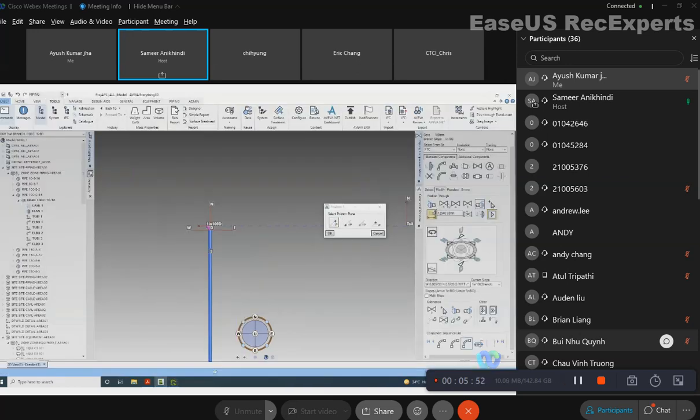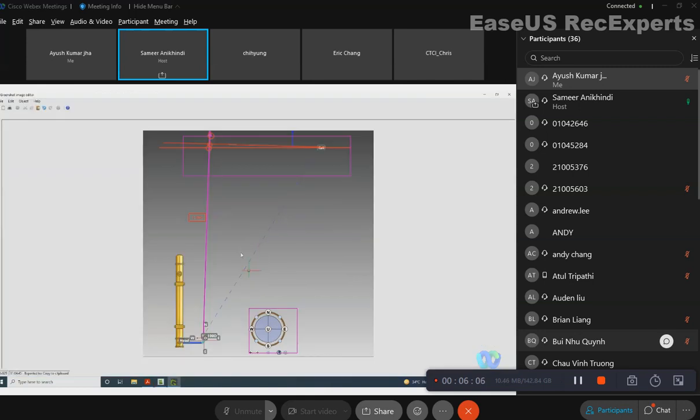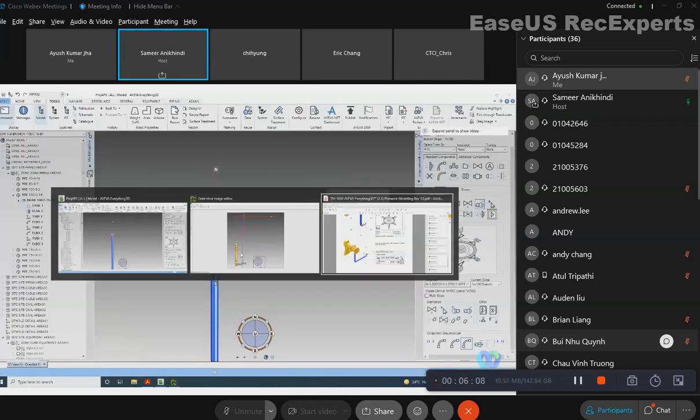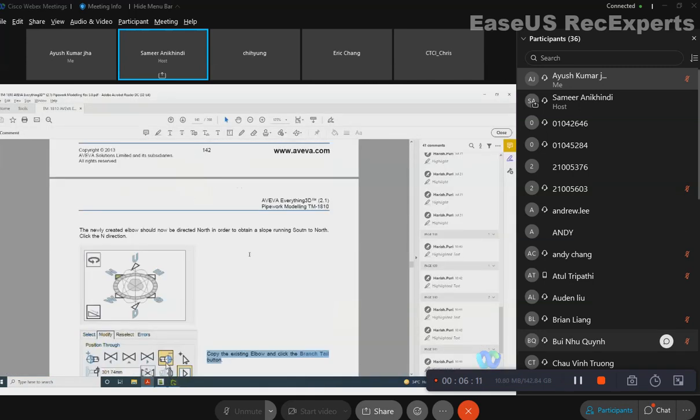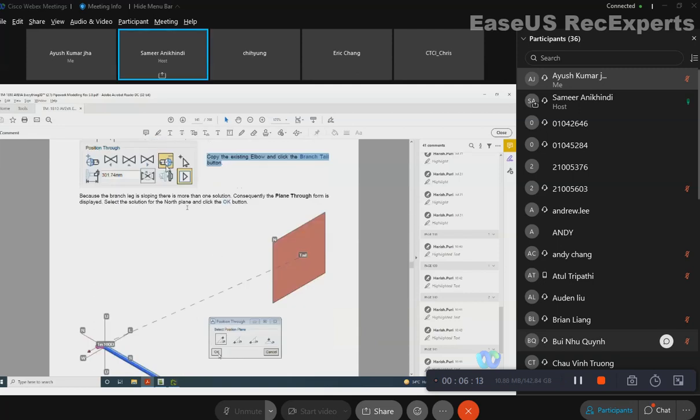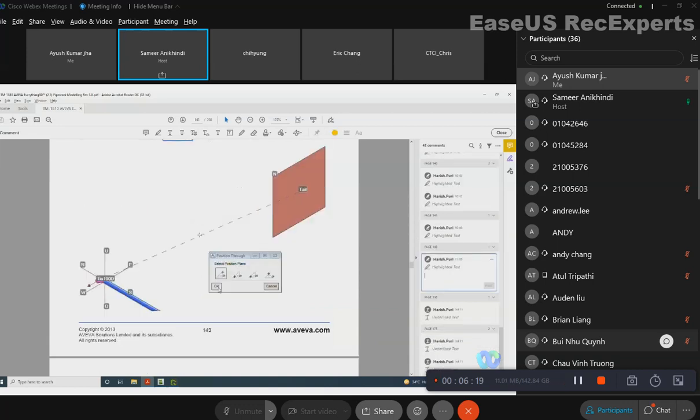So when you move through the tail or through some component even, and this line is in slope, you are going to get these options. So accordingly, the intersection point will be different. Okay. So here, select the solution for north plane. For this training, we are going to select north plane, but